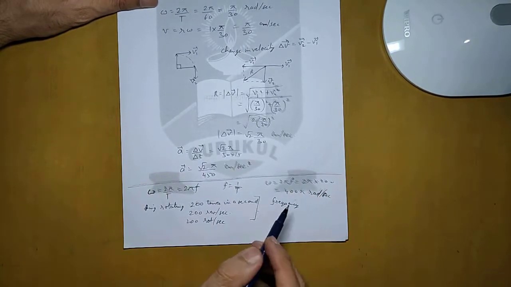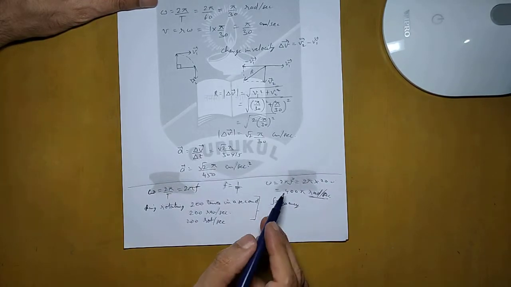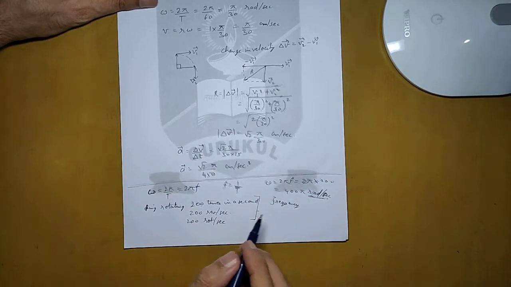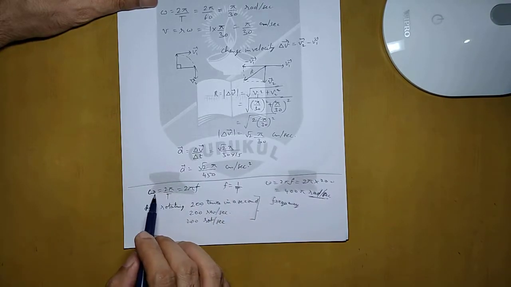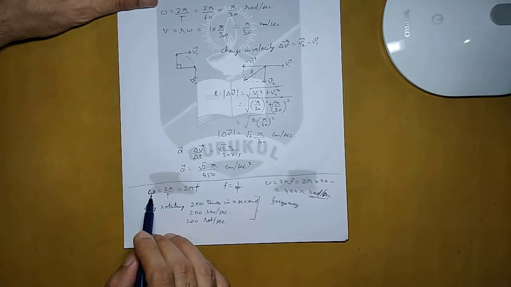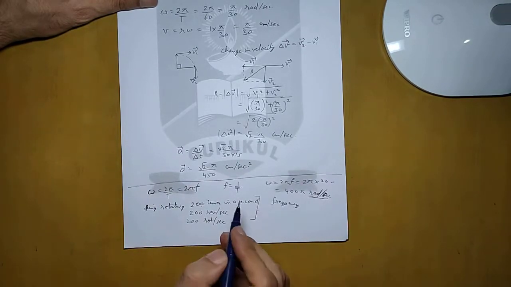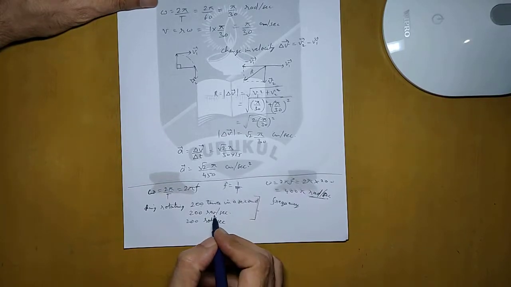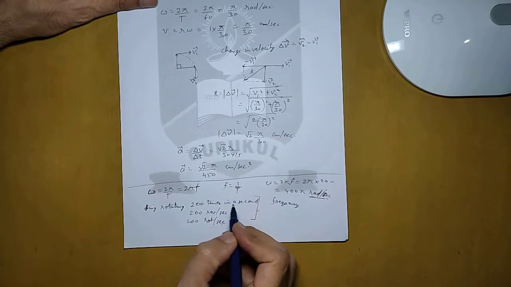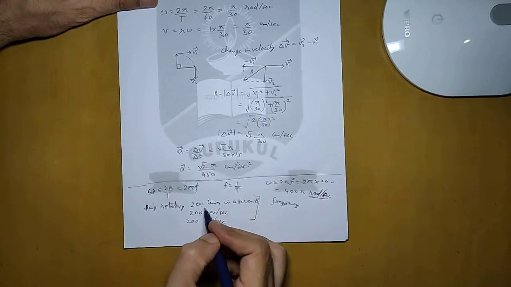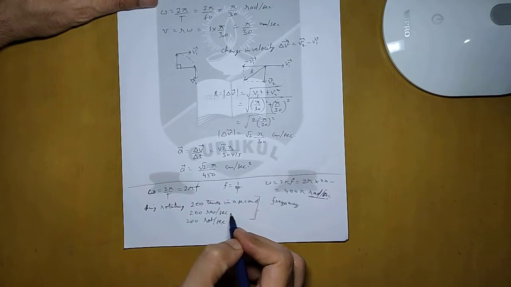So make sure that you notice the unit, because the unit will give you the hint whether the given value 200 is frequency or angular velocity, because in some questions it will be written as angular velocity also and angular frequency also. But you should not get confused. If the unit is revolution per second or rotation per second or 200 times in a second rotating, if it is written like this, then it is the frequency, it is not the angular velocity.